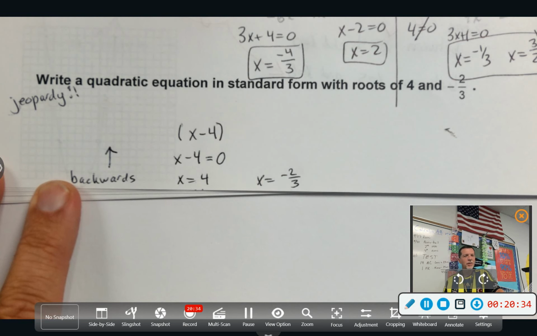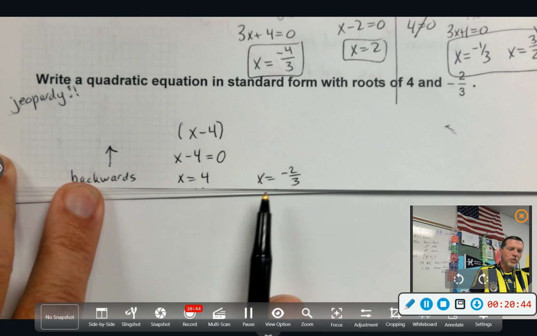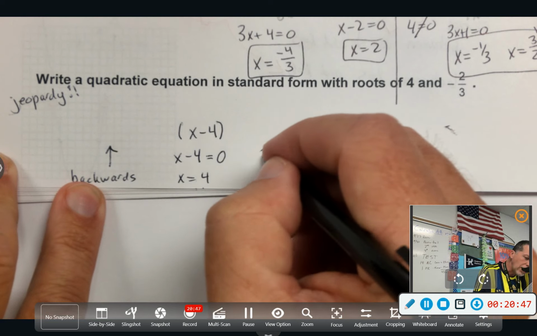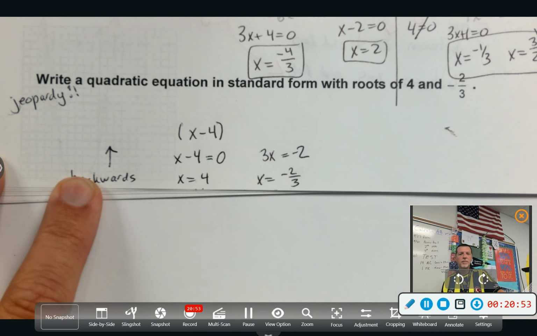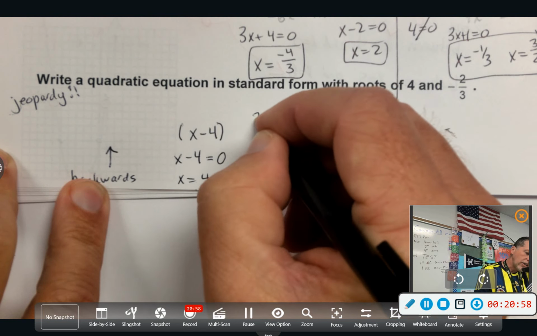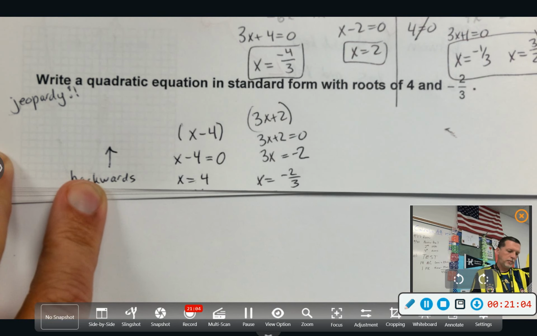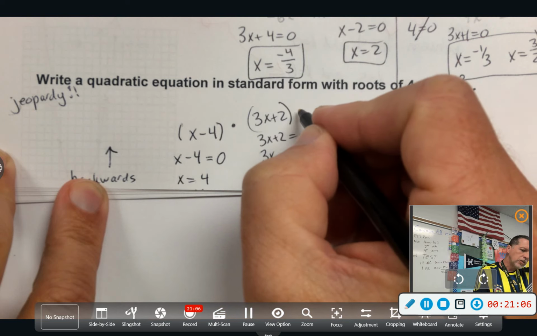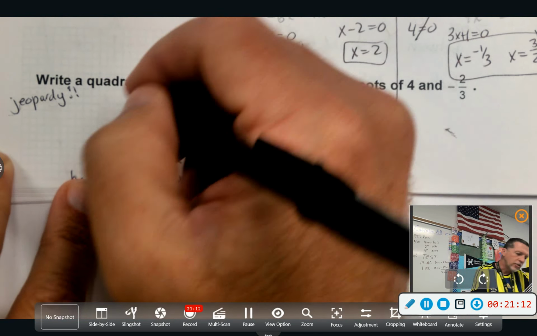The next one's a little bit harder because of the fraction in there. What do you want to do first on the second one? Multiply by 3. I like multiplying by 3. You could move the 2/3 over and then multiply by 3, but I think multiplying by 3 first is the way to go, because then you don't have fractions anymore. Then we can move the 2 over, and so there's our other factor, excuse me. So if we multiply those two together and set it equal to 0, there's our factored form,